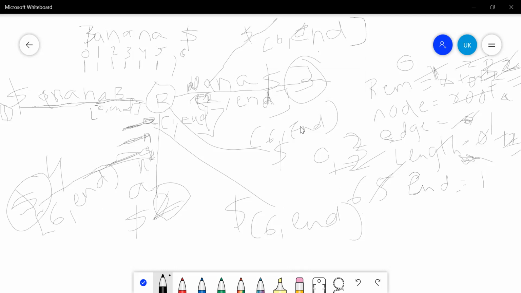Then NA dollar. So this one is fifth. Then sixth one is A comma dollar. And at last we can add this leaf node also, the seventh one. Actually this is not included in the suffix tree, but according to Ukkonen's rule we can add. So we have six suffix edges.